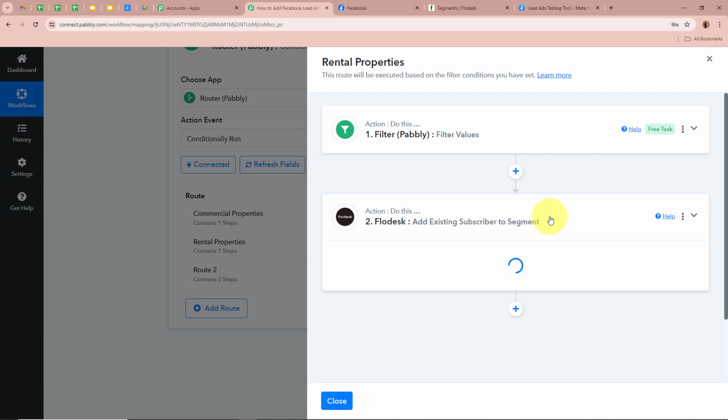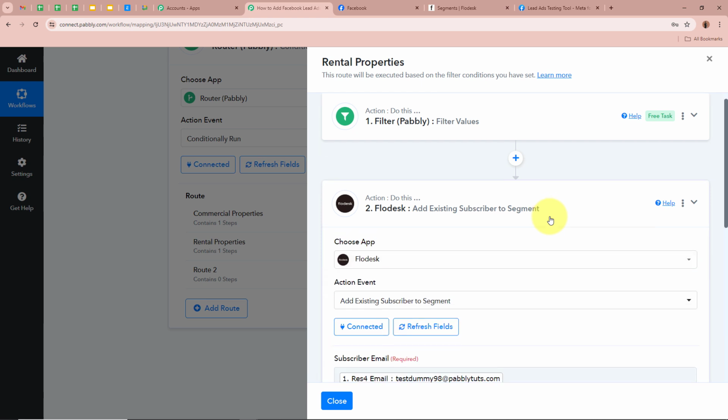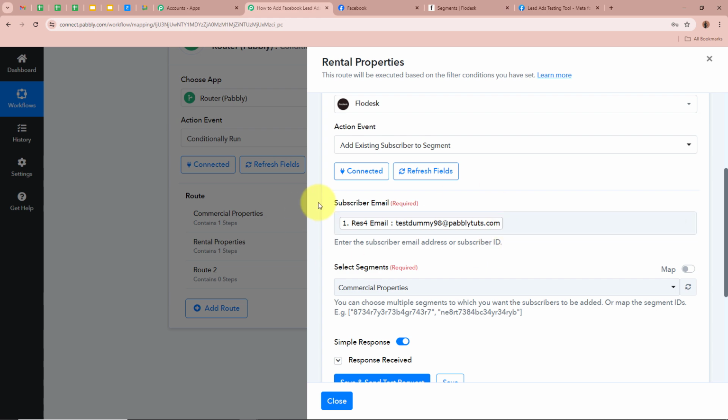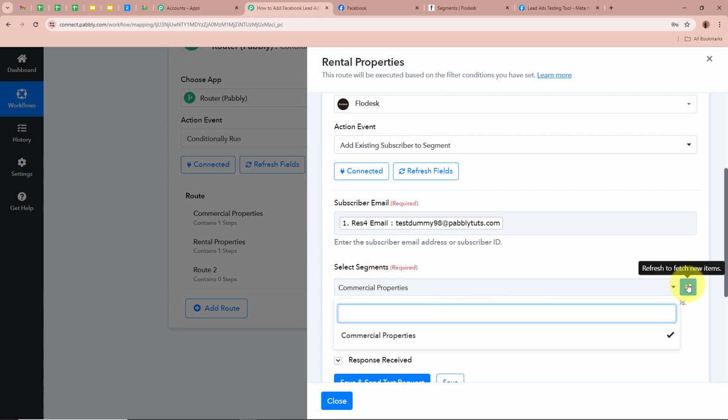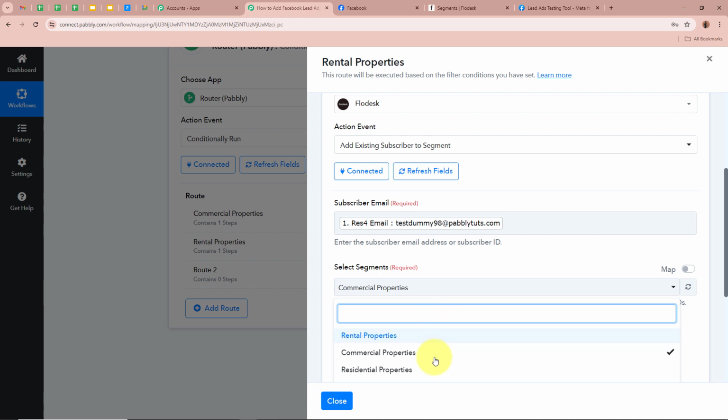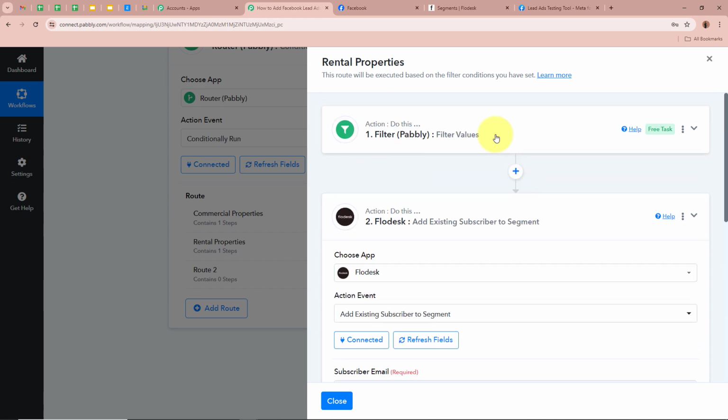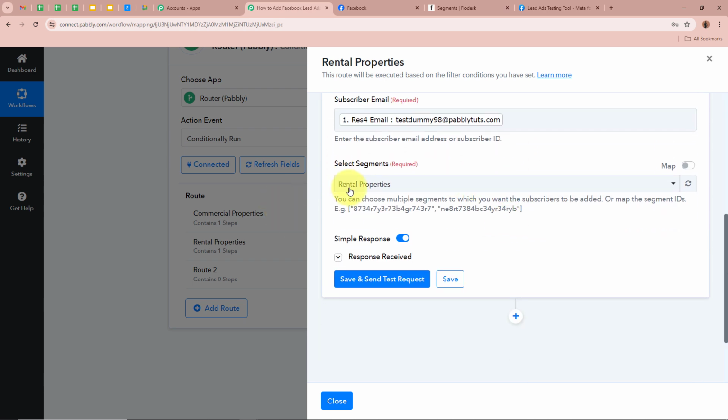Now we want to add a subscriber to our another segment, that is rental properties. So for the email I map the data, but over here for the segment I'm going to first refresh this. Over here from the segment, from these I'm going to select rental properties. Now we have applied the filter for the rental property, that is why I've selected the segment as